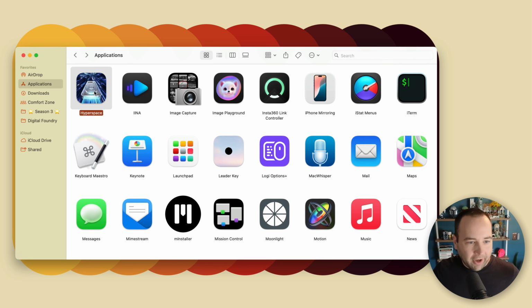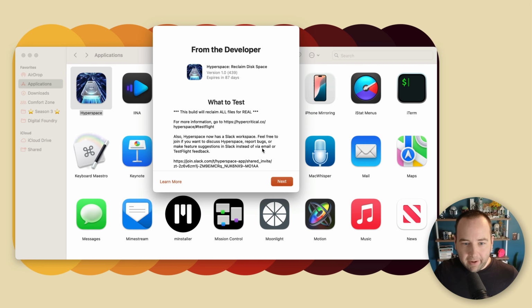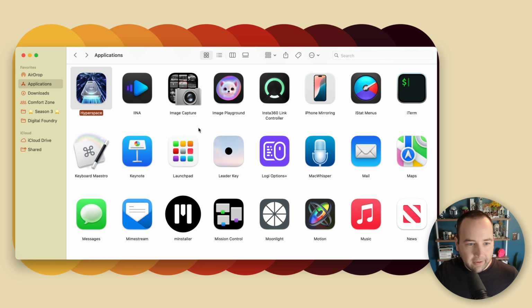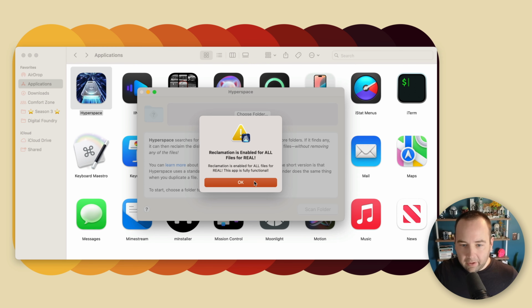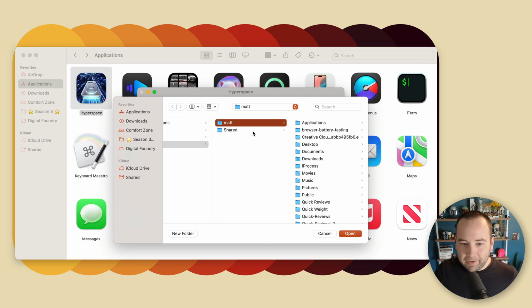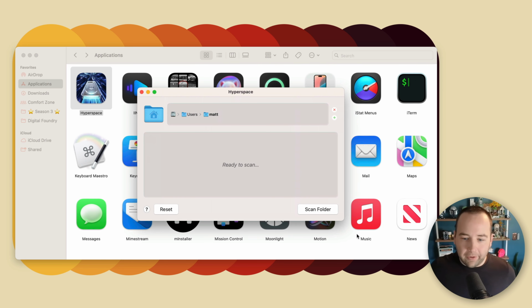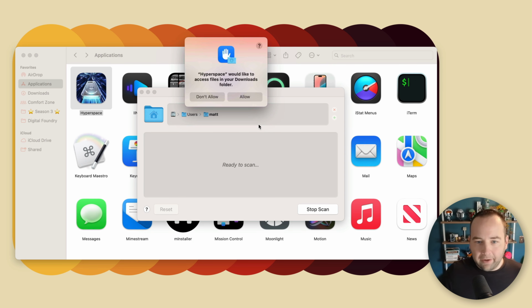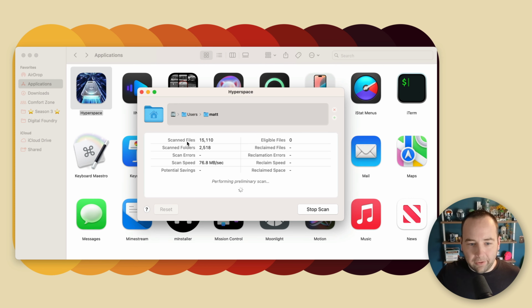Hyperspace. This is an app from John Siracusa. If I open this up, you can see it's currently in test flight. Basically, what this will do is enabled for all files for real. Okay, so it looks like he's updated something. But basically, what this lets you do is give it a directory. It can scan that directory, and it's going to find your files, find your duplicate files, and will give you